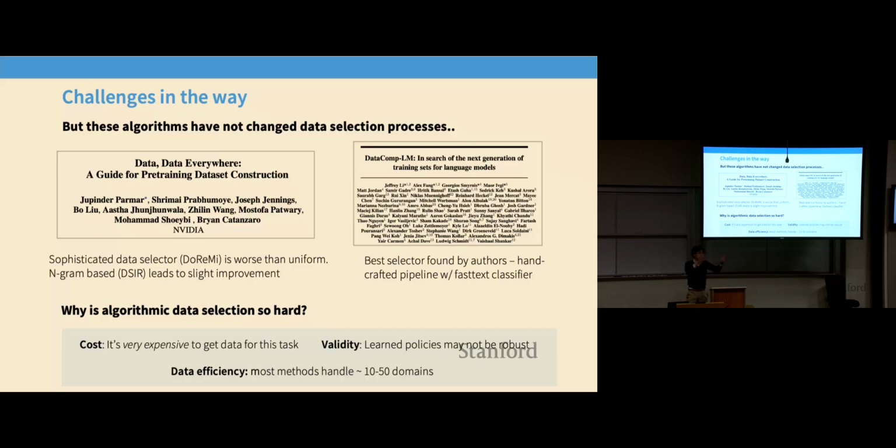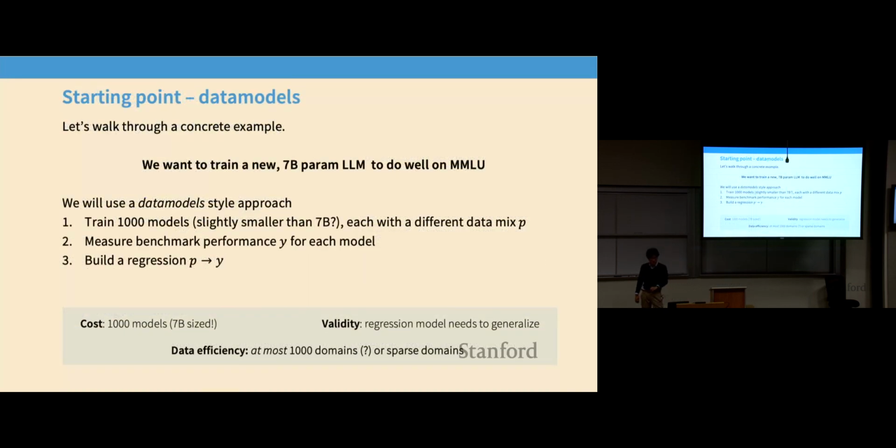Like that's the only way to really know whether you're right or wrong. And that's an incredibly expensive endeavor. Another thing is, you can only do this counterfactual 10 to 50 times, because I can't train that many language models. It's hard to get a lot of data, right? And so this has led to a huge number of problems.